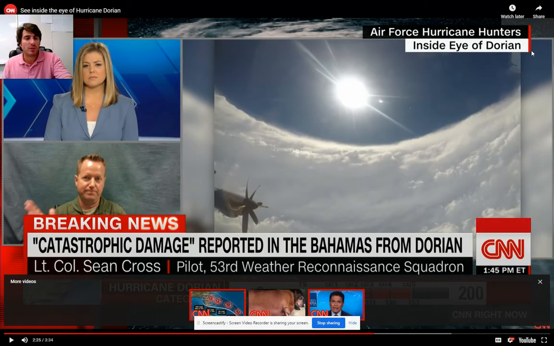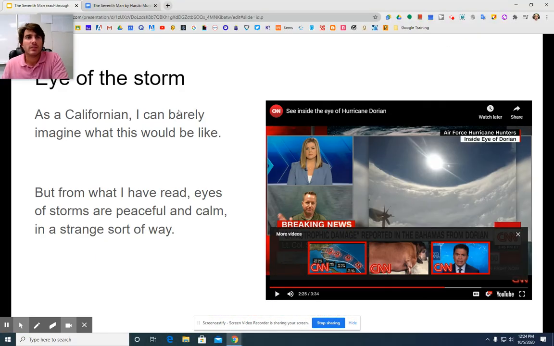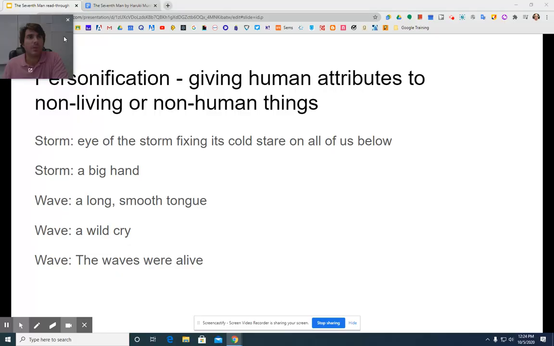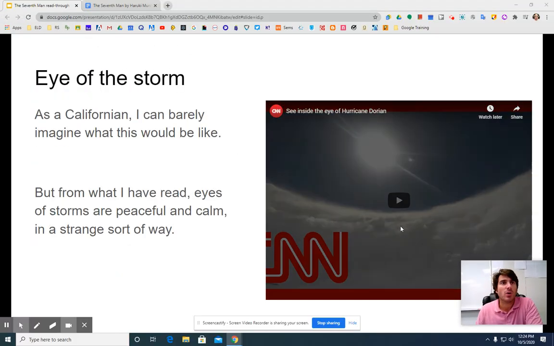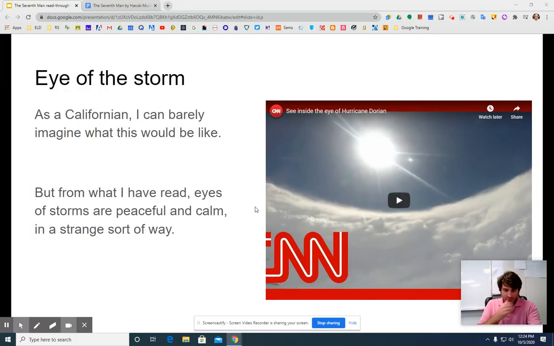Okay, it's pretty amazing that a storm would be like that. All right. So on page 4, when it talks about being in the eye of the storm, things really get quieted. Our narrator, the seventh man, as a child, is interested, as most of us would be, and he asks his dad, "Can I go look around?" So he walks out because it's calm, it's quiet, it's safe for the time being. And he's walking down to the beach, and his friend K sees him, and K follows along.